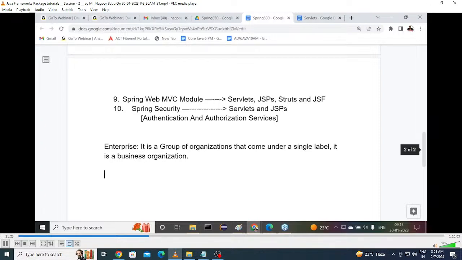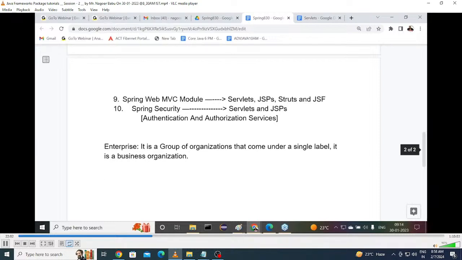Not only that, you may not be aware, they are taking steps in training institutes also. Really, but it was a failure case for them previously, almost 5 to 6 years back. Especially in Hyderabad, they wanted to capture Chaitanya Educational Institutes and Narayana Educational Institutes. They wanted to take over them. But I don't know what happened there. In the middle, that process was stopped. They want to be in the training part also. Understand it? So like this, a number of things are available. They are under a single label. So we can say it is an enterprise.